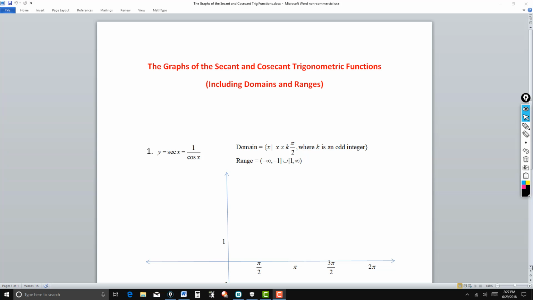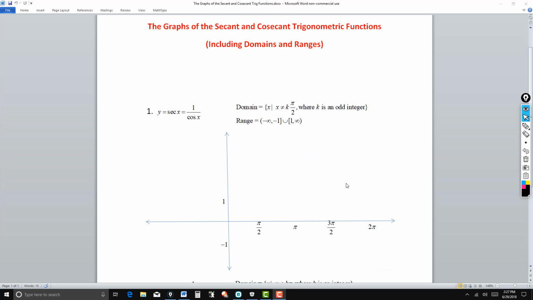In the last video, I looked at the graphs of the sine and cosine functions, and we looked at the domain and range and related topics. Now we want to look at the graphs of the reciprocal functions, secant and cosecant. Now the graphs are related, so just as a review,